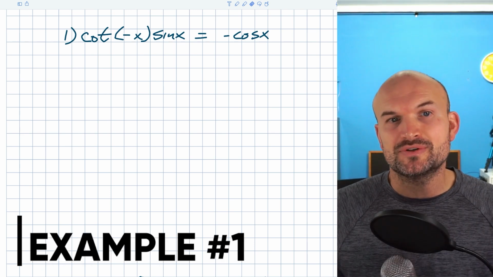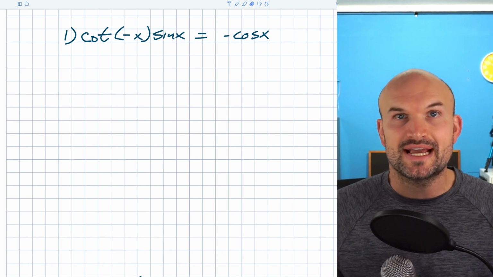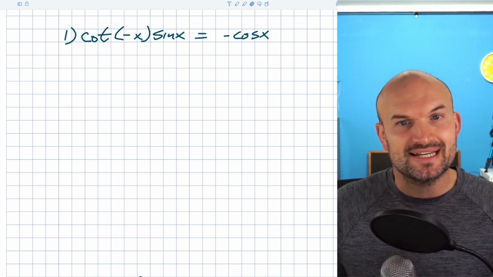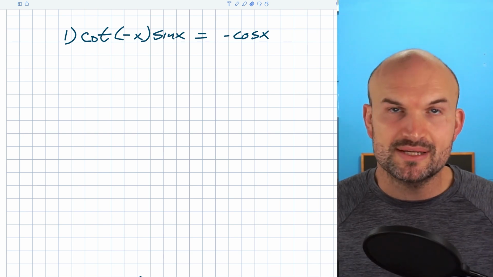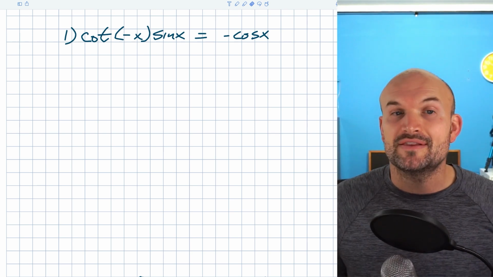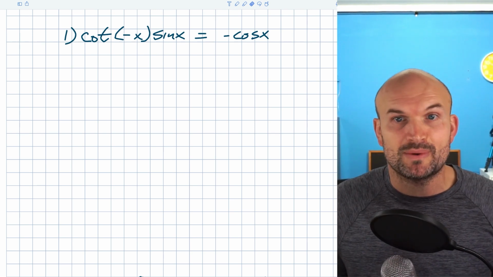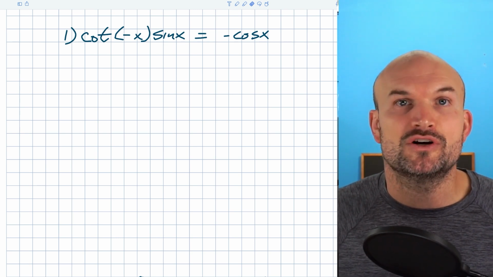So in this first example, you can see I have the tangent of a negative x times the sine of x equals negative cosine of x. Now remember, when we're verifying an identity, basically what we want to do is make one side look like the other side. So all we're simply going to do is pick a side, usually the most complicated, and you can see in this case on the left hand side I have two functions being multiplied, whereas on this side I only have one. So it's going to be a lot easier to simplify these two functions down to one